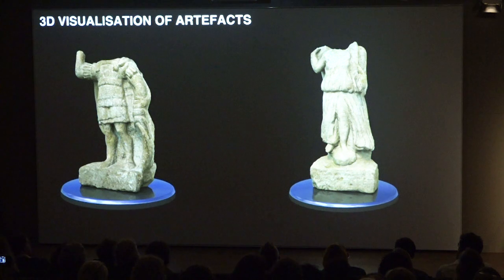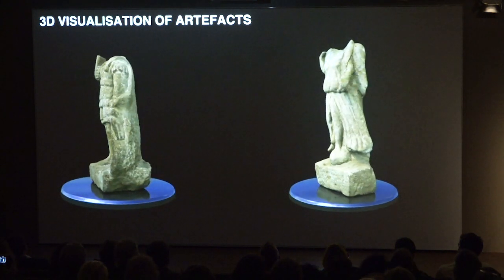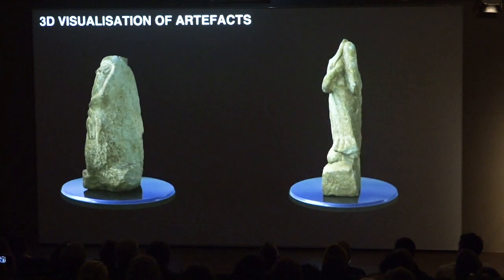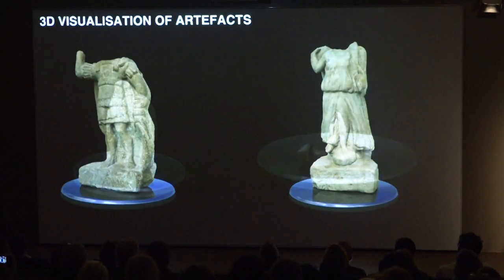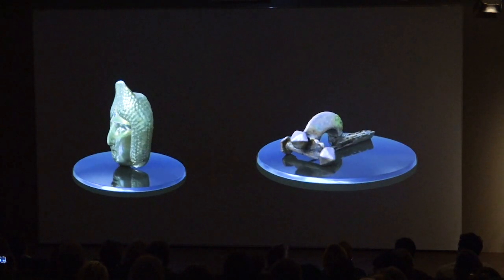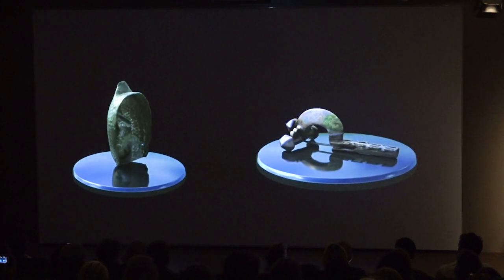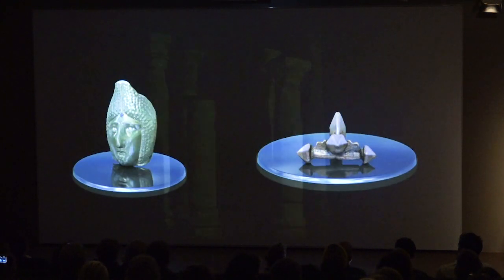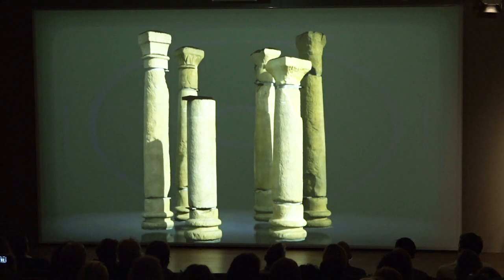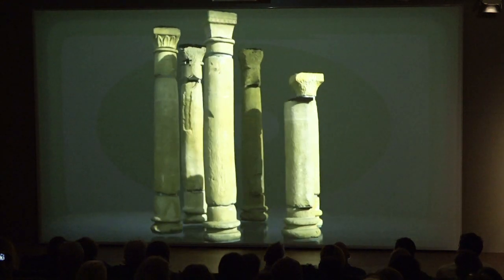So we've been visualizing a series of these artifacts. We have over 100 of them now for the Antonine Wall and for the Roman Limes. Some of them have been quite challenging in terms of their reflectivity, but we've been trying to develop some workflows to combat that issue. And then using photogrammetry to capture, we've then also been taking that forward to virtually reconstruct